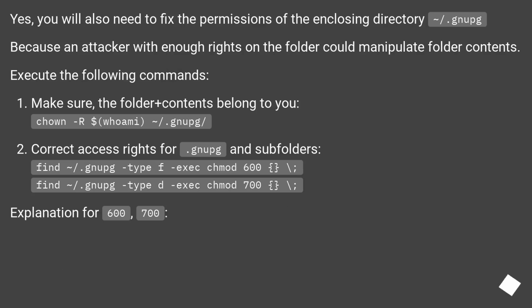Yes, you will also need to fix the permissions of the enclosing directory, ~/.gnupg, because an attacker with enough rights on the folder could manipulate folder contents. Execute the following commands. Make sure the folder plus contents belong to you. chown -R $(whoami) ~/.gnupg/